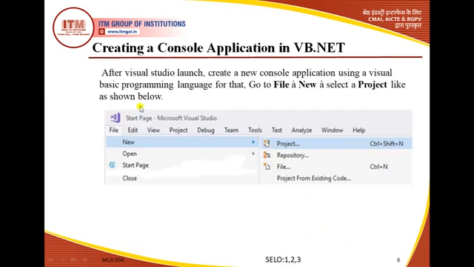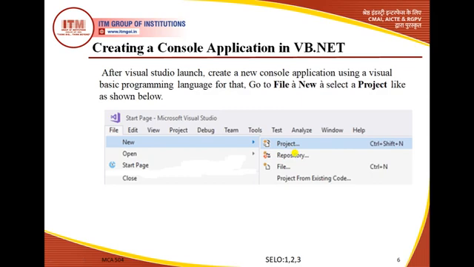After the launching process has been completed, we can create a new console application using the Visual Basic programming language. For that, we simply go to File, then New, and then Project.